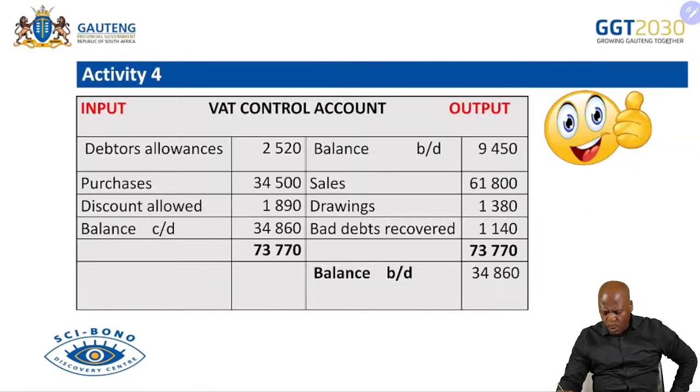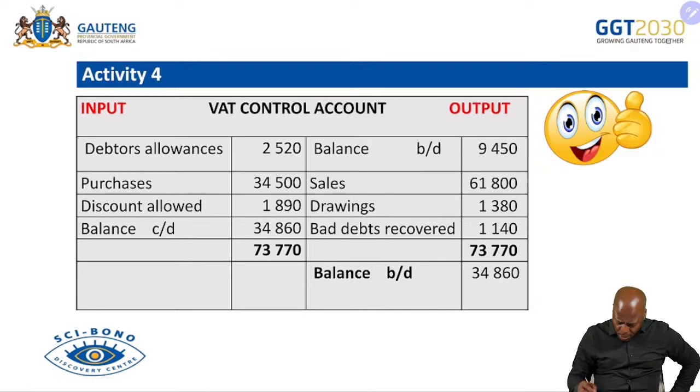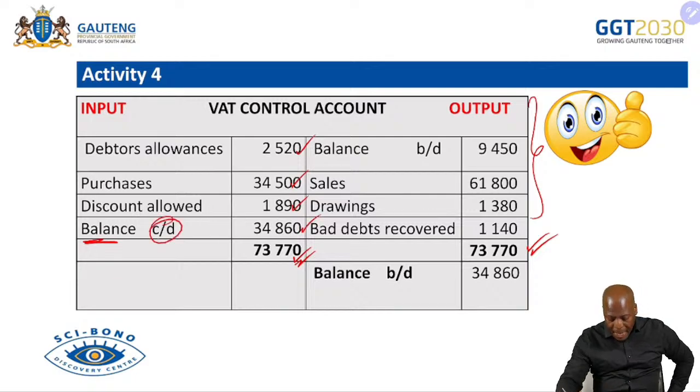Now, let's see how to look now when it's a composite thing. Here is my VAT control account. So how do I close it off? I would add first my credit side, and then I get my 73,770, and then I bring it also here, 73,770. Then I now subtract my 2,520. I subtract my 35.4, 1,890. Then I'm going to get now my 34,860, which becomes my balance carried down,